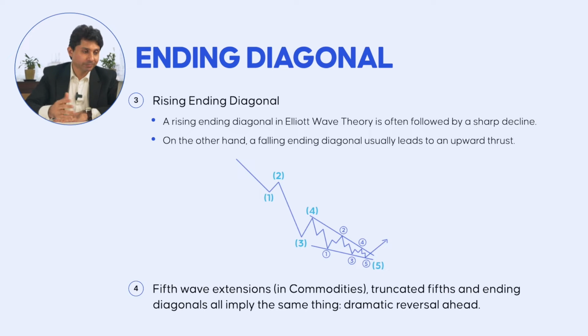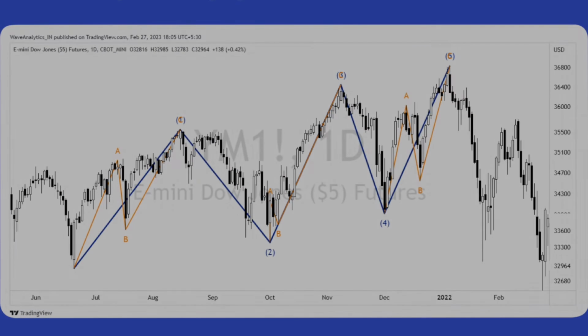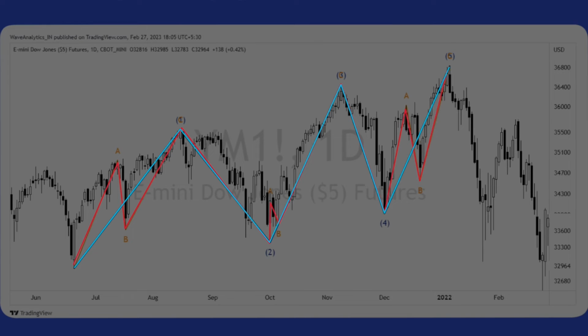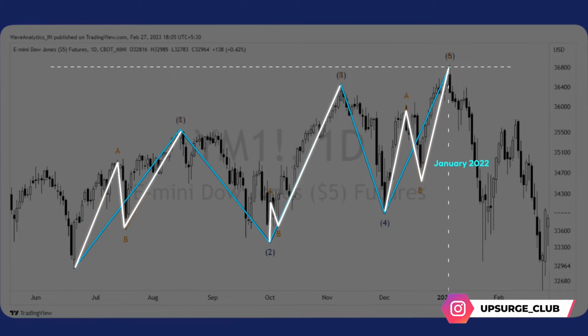daily chart time frame. As you can see on the chart, it took almost the entire year of 2021 to form an ending diagonal. All the subwaves are three waves. Wave 3 is not the shortest. Wave 4 overlapped wave 1 comprehensively. It pretty much retraced 78.6% of wave 3. Everything is 3, 3s, 3, 3s, 3s. And after that, it made a wave 5 top. Now, this top was formed in January of 2022.